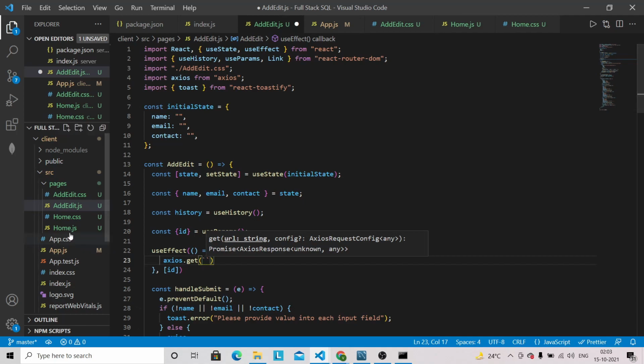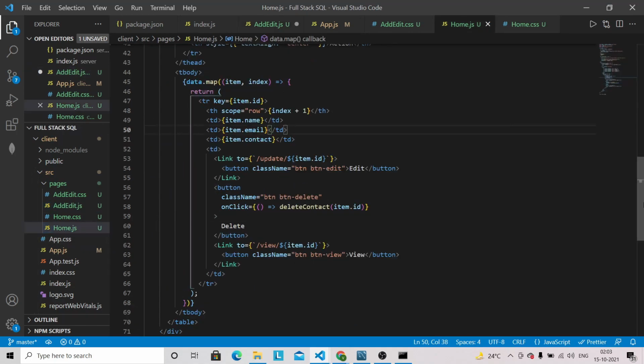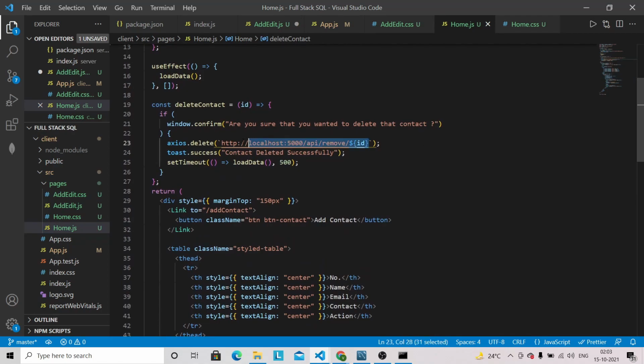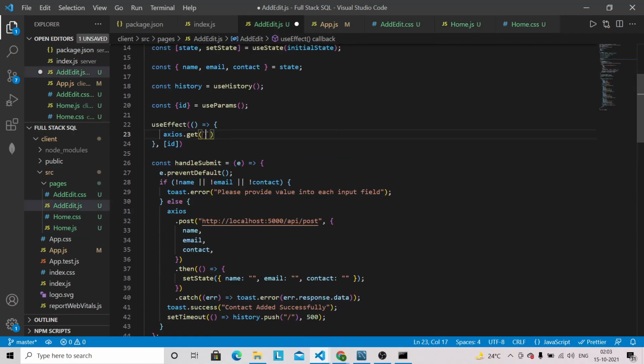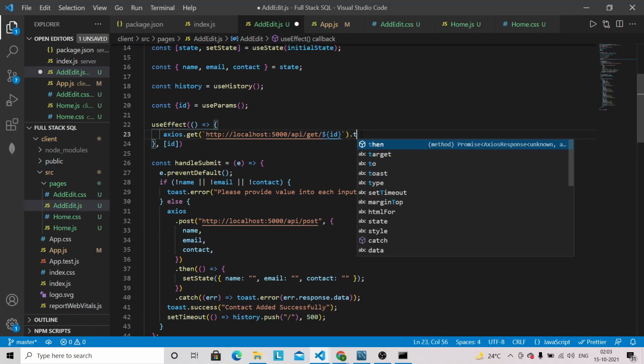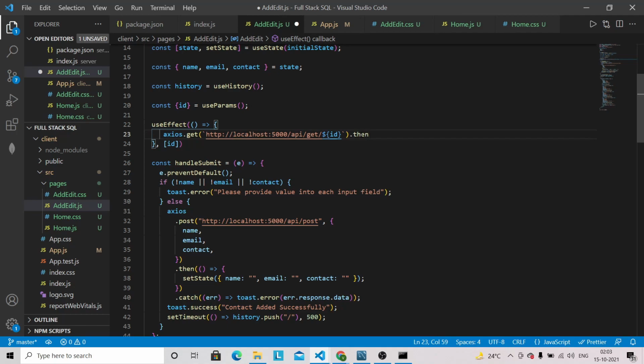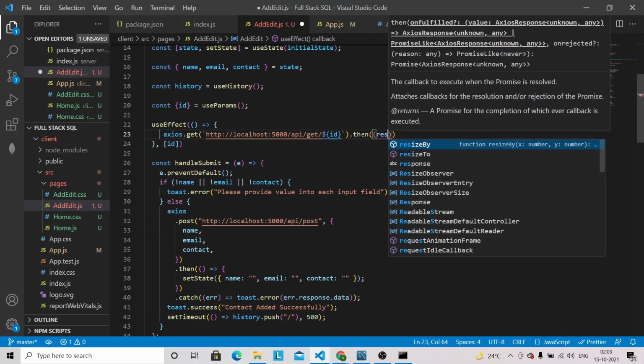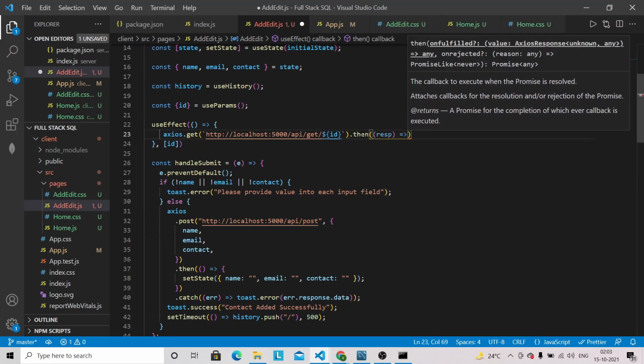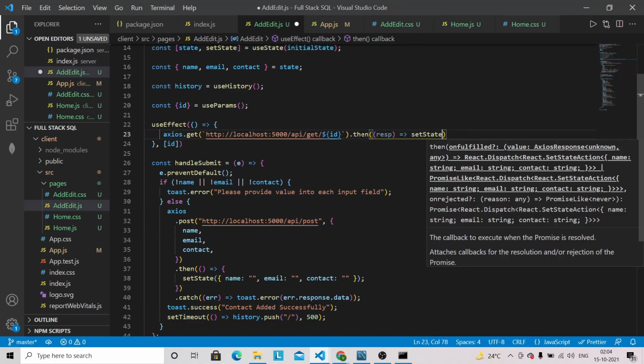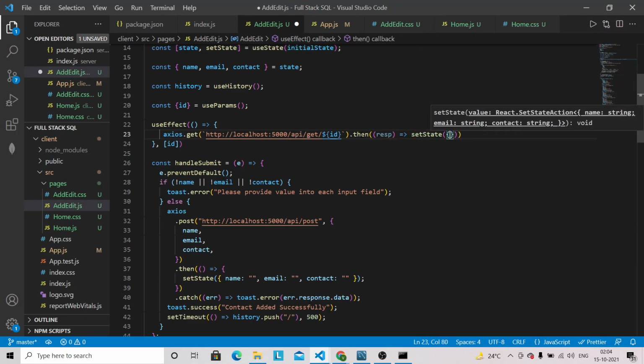So we can just copy this URL which we have under the delete contact method. Okay, so this will be the get only. Okay, and then we will get the response. Set state, and here guys you will get the response in the form of an array of objects.